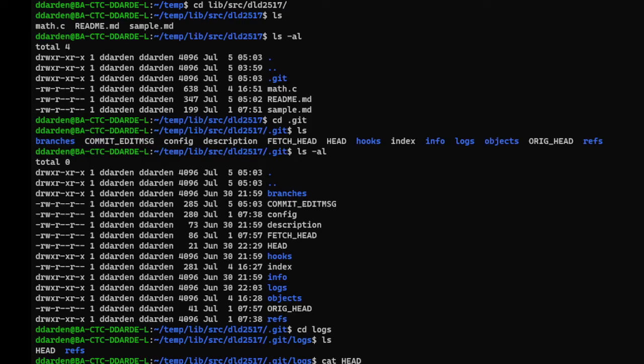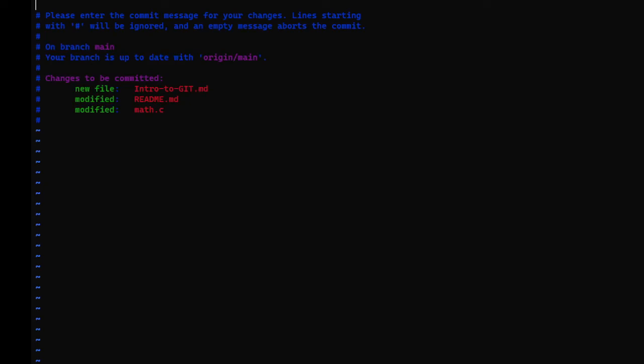The next thing I need to do is commit it. What I would generally do is just use an asterisk right there and commit everything. That would be the fast way to do it. But if I wanted to just commit the files that I made changes to or added, I could do that. What will happen here is it will automatically go into VI because I didn't include a message on the command line. It wants me to put in a note. So I'm going to do that. Added a sample intro MD file. Okay, so I'm just going to put in a little note here,